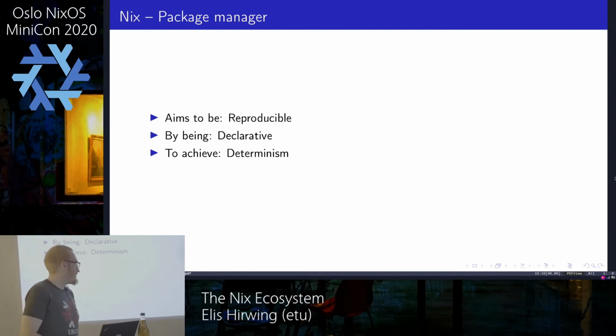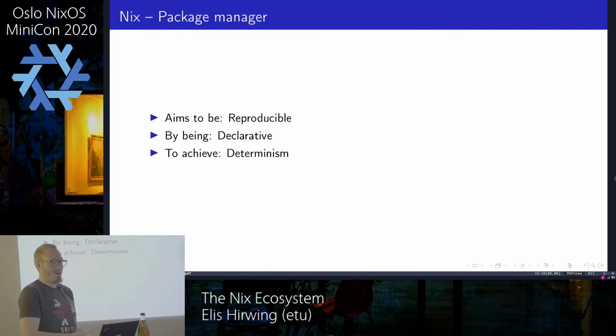But there are multiple distributions working on reproducibility. And Nix is working on it by being declarative, by building things in a sandbox, by requiring the packages to declare which dependencies are needed. So the sandbox only contains exactly what's needed.